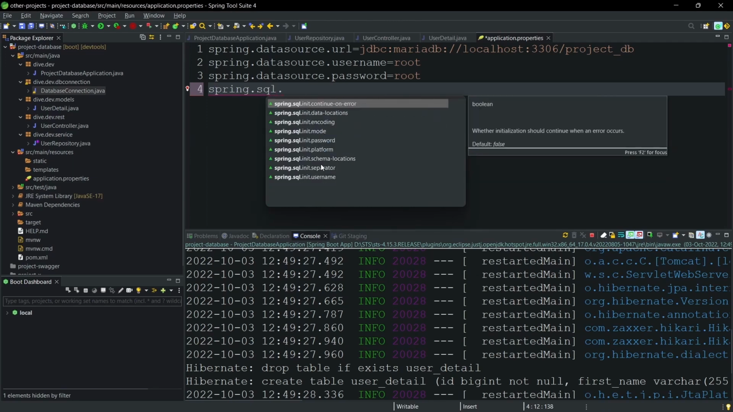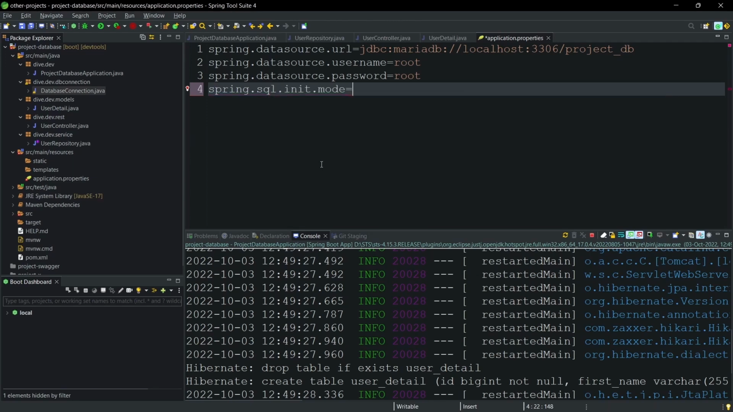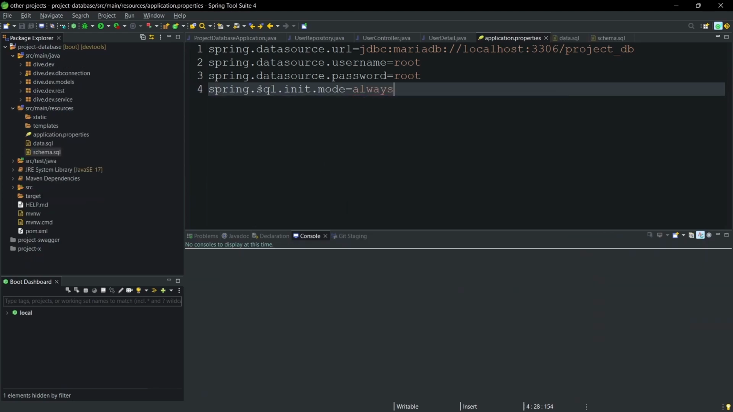SQL dot init mode equals always. If we enable spring.sql.init.mode=always, we need two SQL files that have to be created. This feature, or the functionality provided by Spring, can be used for demo purposes. If you have some demo data and you want to give a demo, during those times you can use this